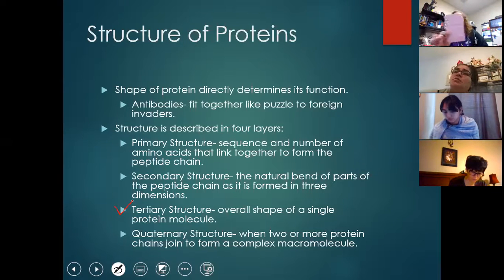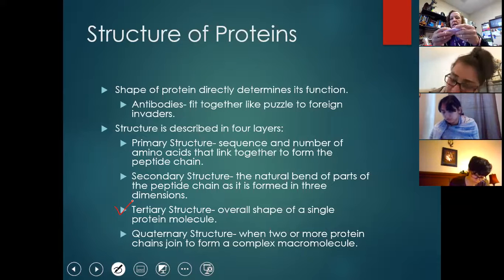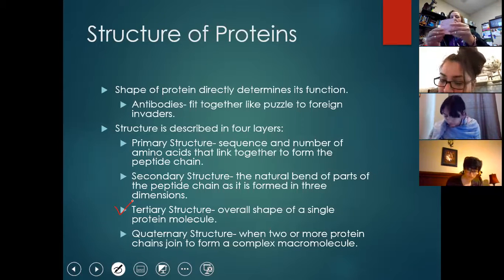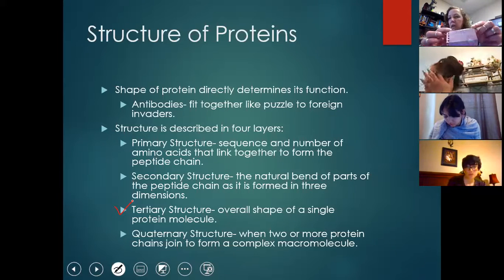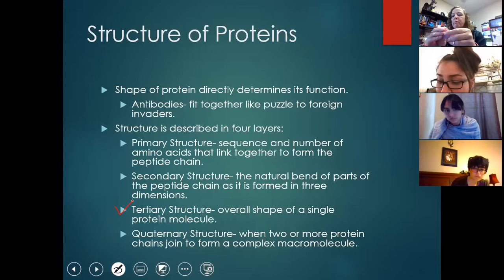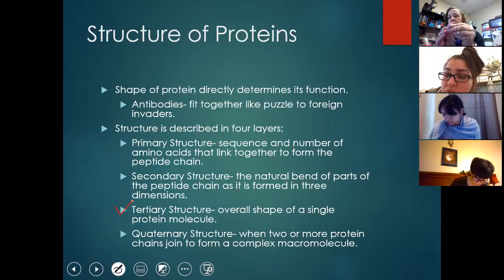So I have my piece of paper. This is the primary structure. With origami, it's a very complicated series of folds. So what I'm going to do is fold and make these natural bends. These natural bends are now the secondary structure. And when I use those bends to fold, and I'm told I'm not an origami person, but